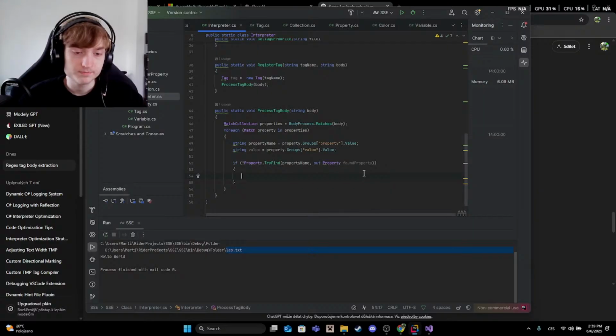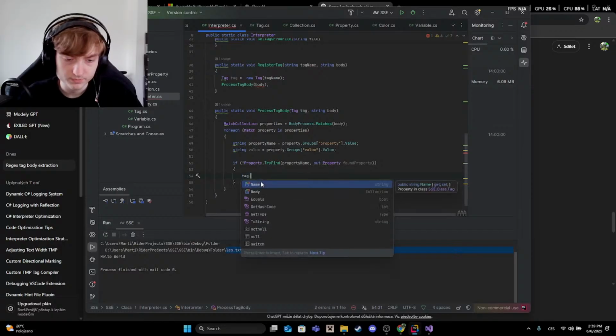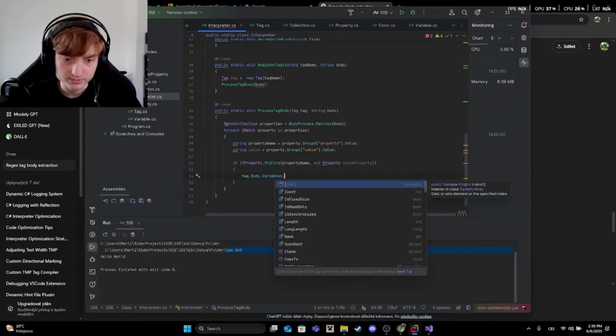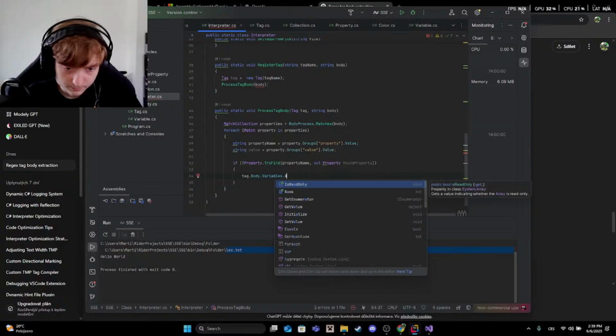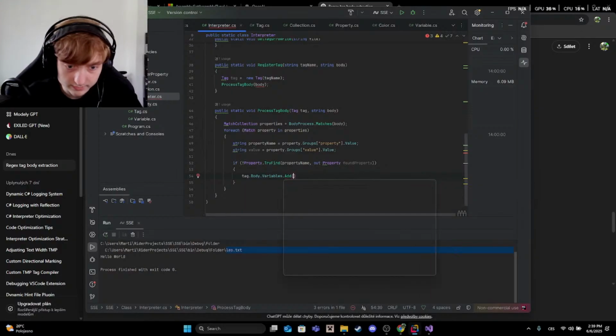Now if it's nothing, then I'll register a variable into the collection. So I'm too focused on the body. I need to tag also. Because in this tag, I will do body dot variable and add the. Can I please write the, okay, so I love my keyboard dot add and